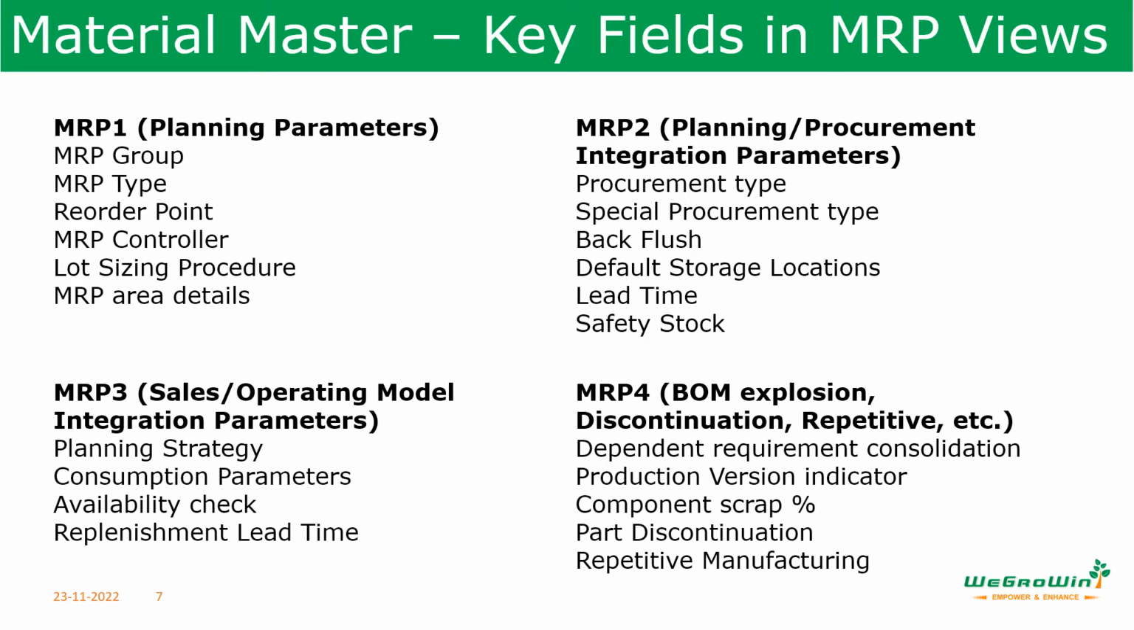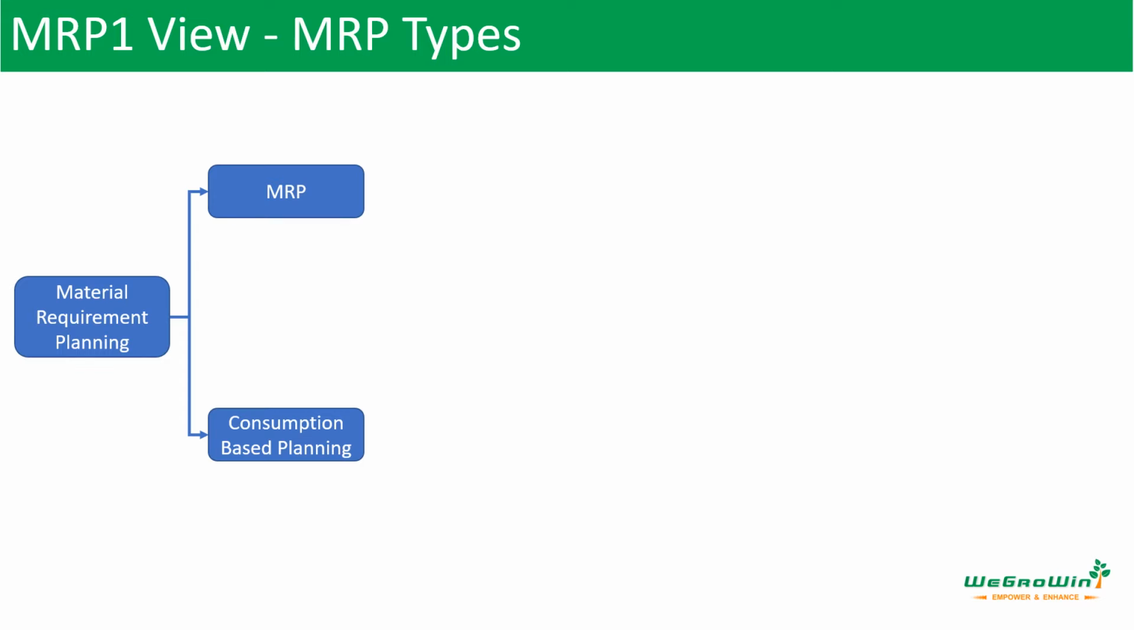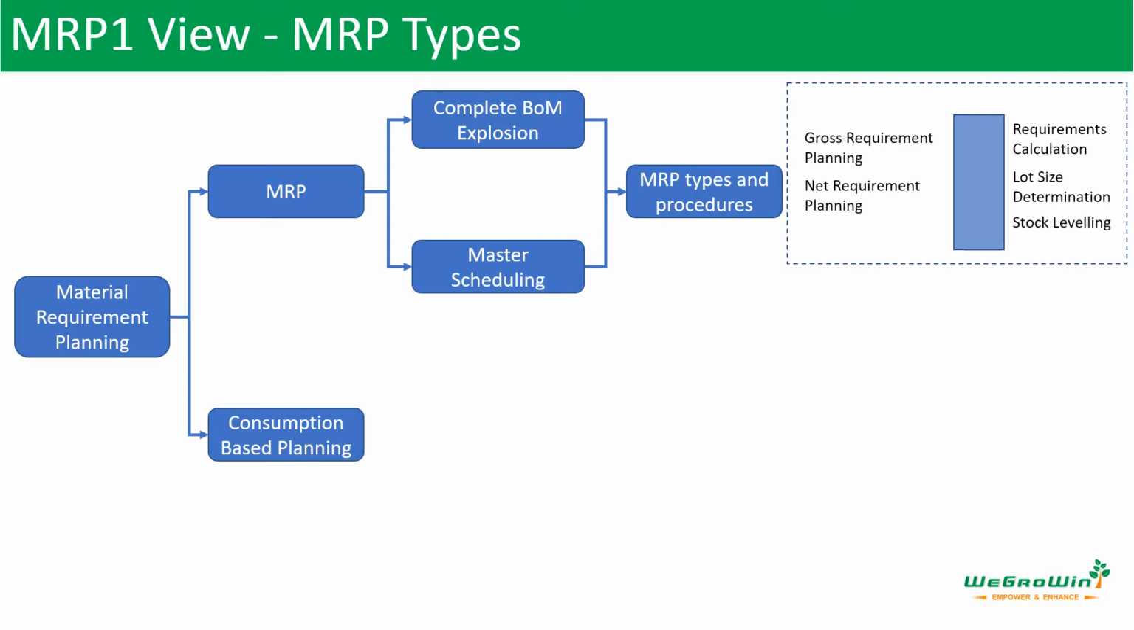So we will start our discussion with the MRP type, which is a very, very important starting point for MRP discussions. In material requirement planning, the MRP type, there are two things. One is material requirement planning, which calculates how much we need, and the other is consumption based planning. When you take MRP, it is a complete BOM explosion, right? The complete BOM up to the end of the material, it will explode the BOM, calculate the requirements considering